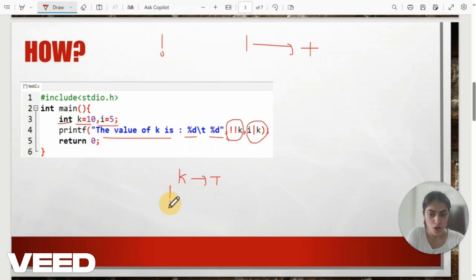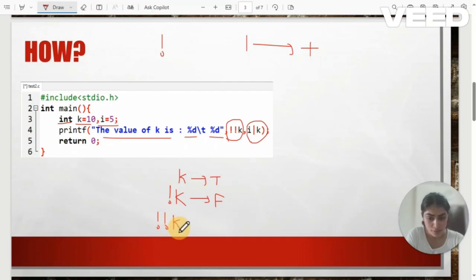When you put the not sign before k, that means not true, so it becomes false. Obviously, whatever is not true is false.